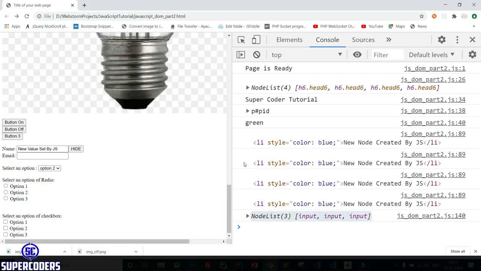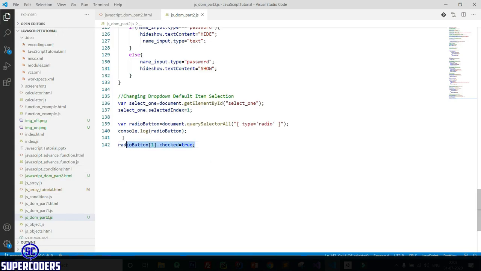Let's see, and you can see by default it's selected. Again refresh, and you can see this item is selected using JavaScript. So in this way you can select an item of radio button or check the default radio button using JavaScript.